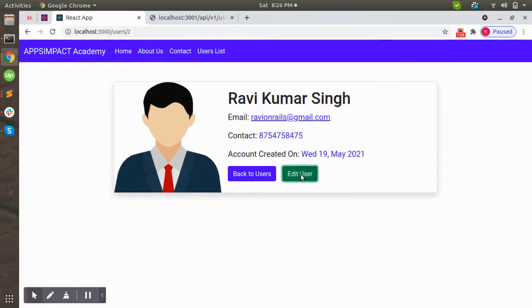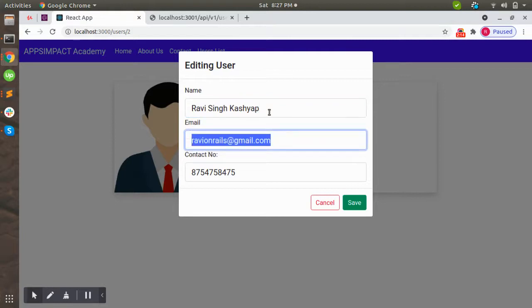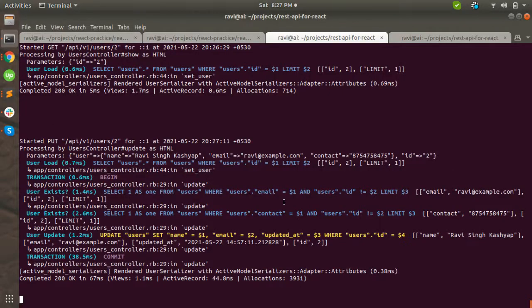Here I'm clicking the edit user button, and the form opens inside the bootstrap modal. Now let me update this. You can see that the data has been updated and the request has come to the REST API server.